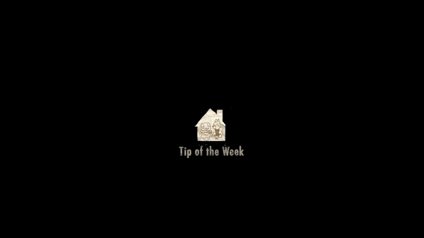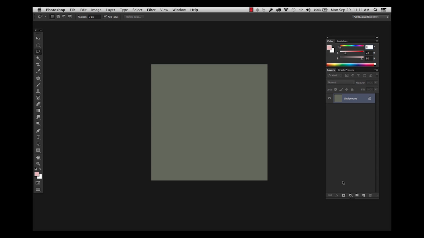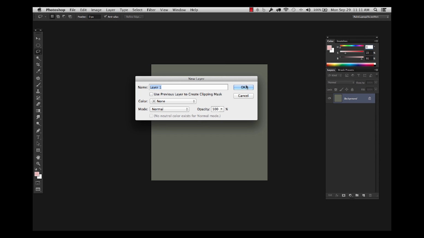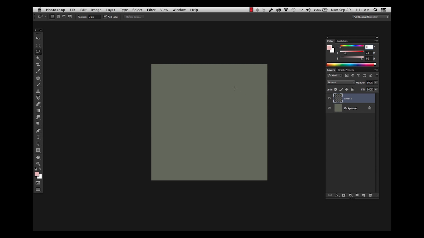Hey everybody, this week we wanted to share layer clipping, or ways of preserving the transparency of a layer. The reason we wanted to show you this is you'll probably see it quite a bit in our videos, but it's basically to maintain a shape. So let's say I create a shape like this, just wanting to maintain this shape and paint freely within it. So if I fill a shape like this,